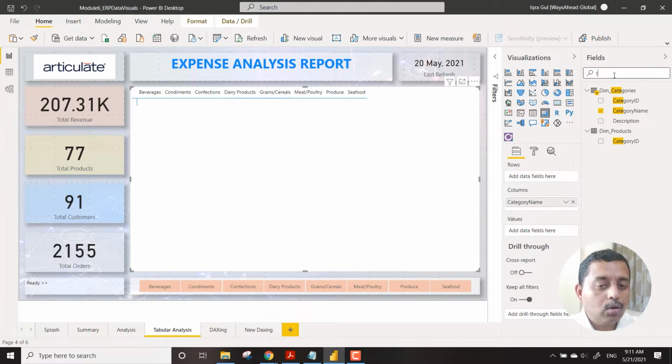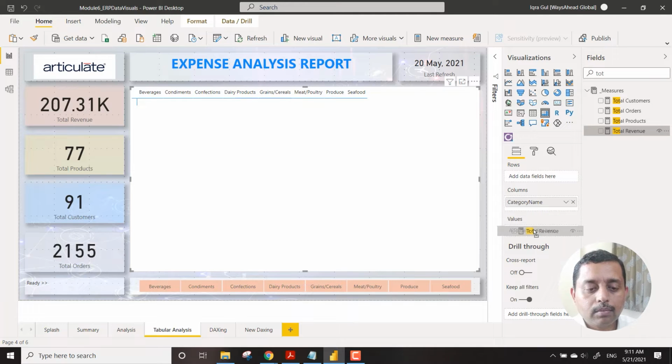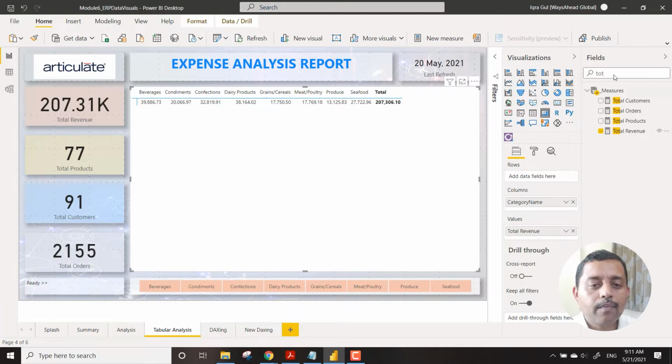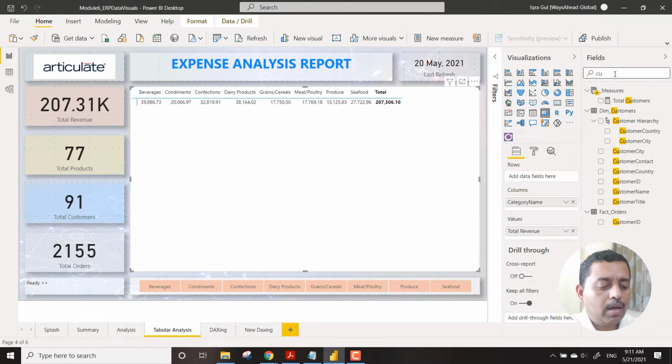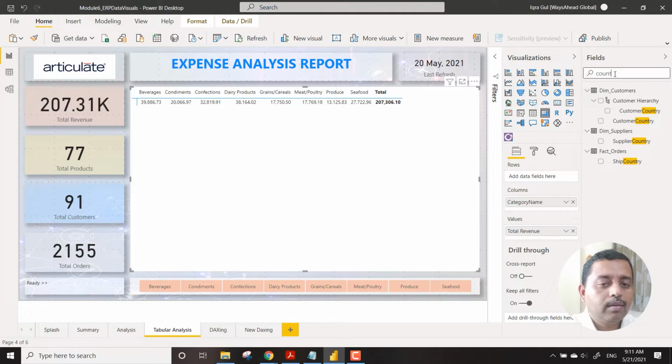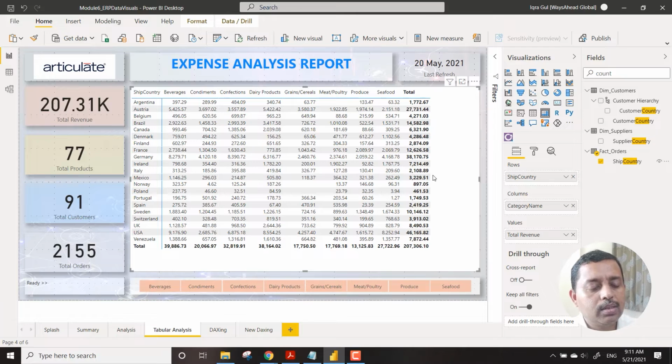We bring in the total revenue as the values, and for the rows, I can either bring in the customers or the countries. So we can have customer country or ship country or supplier country. This is how a typical matrix would look.